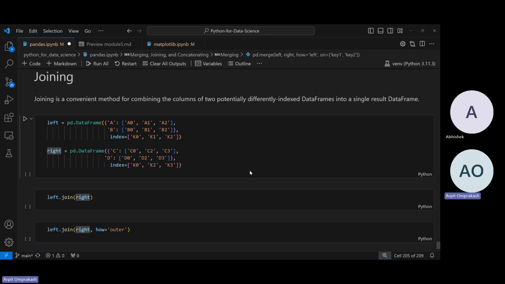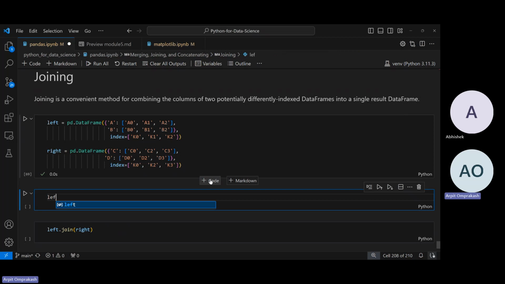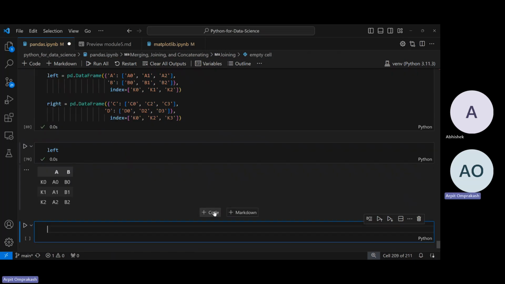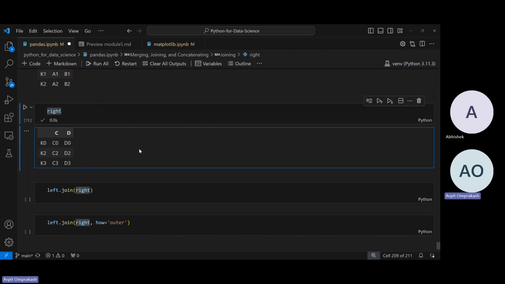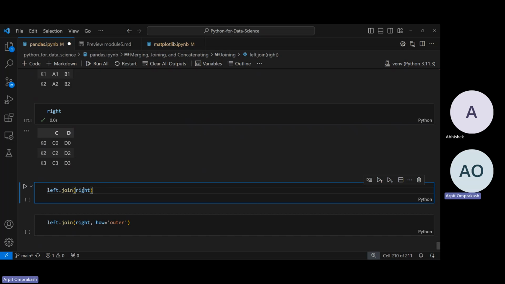And then the last method to merge data frames is using join. So again, let's say we have two data frames. We'll see what they look like. Left is this and right is this. Here we have a different index. It's K0, K1, K2 for left, and for right it's K0, K2, K3. And we have values accordingly. We just have columns A and B in left and columns C and D in right. Okay. Now if we do left dot join right,